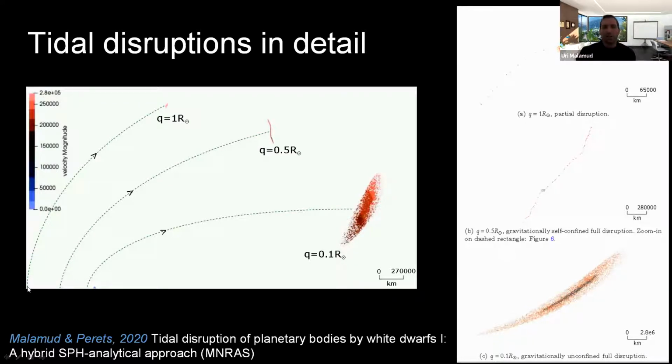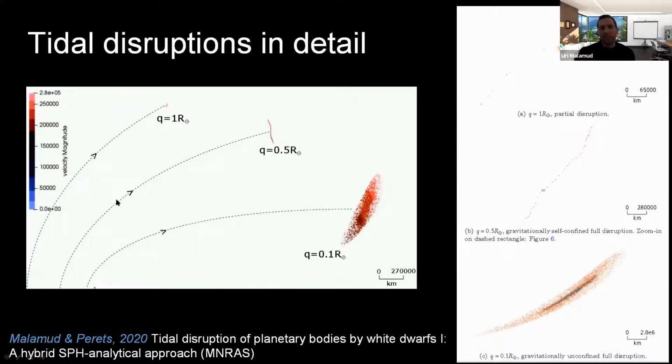If you go very far, if you just skim the Roche limit, basically your planet or your planetesimal stays intact, and only very little material is being ripped apart from the planet into tidal streams. One of them is unbound in this case, I mean, it's unbound to the star, and one is bound to the star. It will come back to the star.